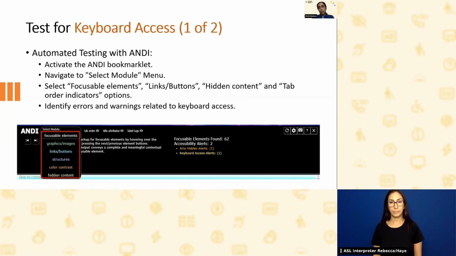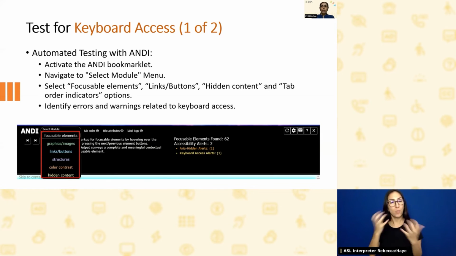Last, we'll be talking about testing for keyboard access. We can test both using automated tools and through manual testing. But I would like to repeat this. I'm sure all of us know this in the accessibility space. Automated testing can only get you to a certain point. Even the best of tools can get you somewhere between 30 to 40% of errors. If you want to capture all the bugs and enhance the user experience, manual testing is the way to go.